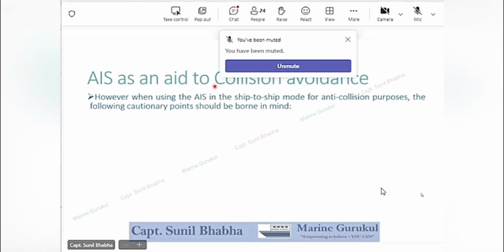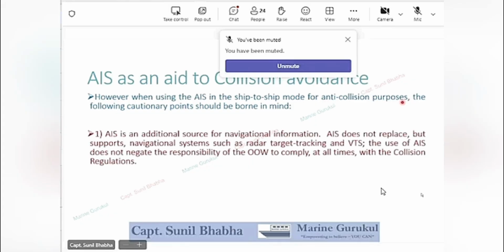Going further in collision avoidance, AIS is a very useful tool for positive identification and helps in collision avoidance. But when we are using AIS in the ship-to-ship mode for anti-collision purpose, we should be using some precautions.